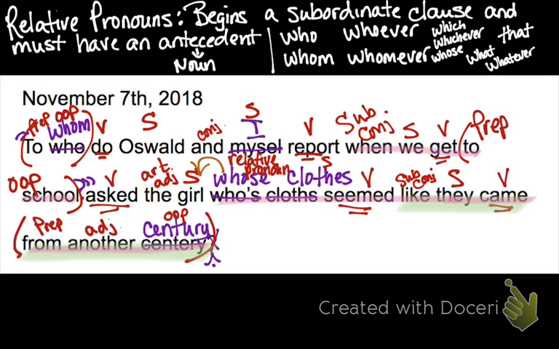If you can answer, does it have two subjects, two verbs? You have a word in there connecting them. You know you probably have a subordinate conjunction or a conjunction of some form, correct? Okay. Can I maneuver this around? They came from another century.